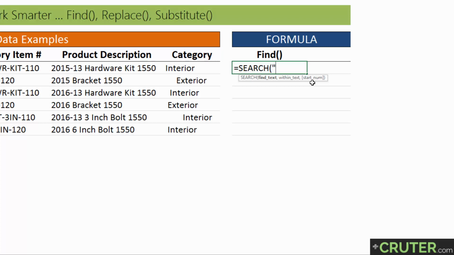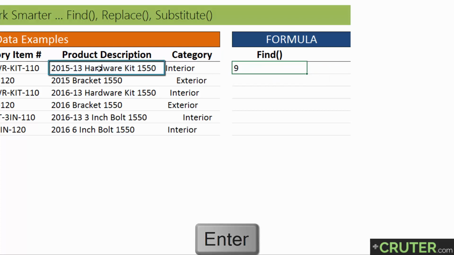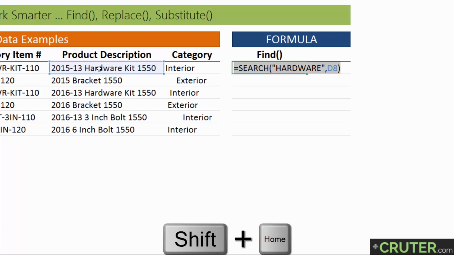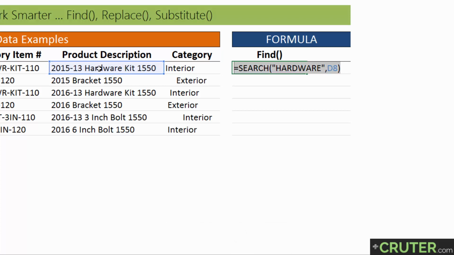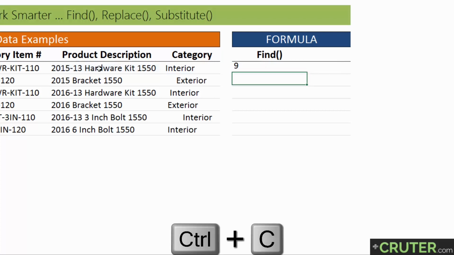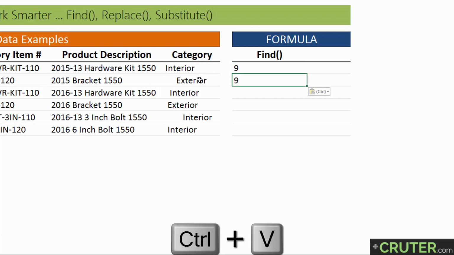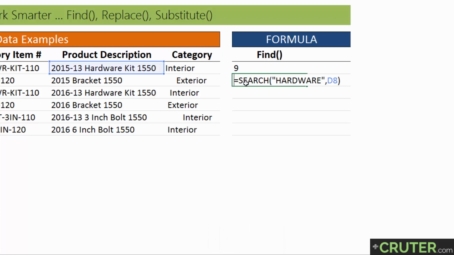So let's test this. Search was find text, let's say hardware, within this text, and then close it up. It says it's on number 9. So I'm going to hold shift, hit home to highlight the entire thing, hit Control C, enter down, and then paste it. Okay, so I'm going to hop into this formula, F2,